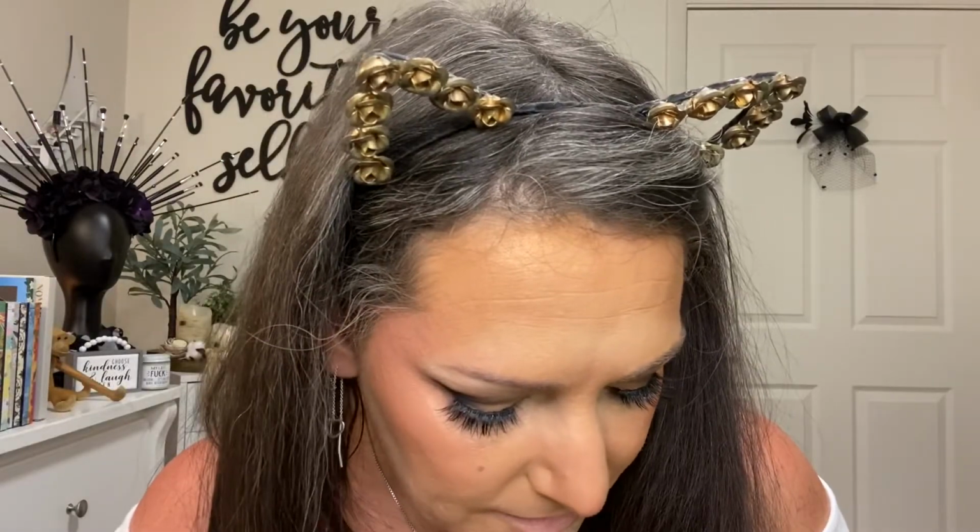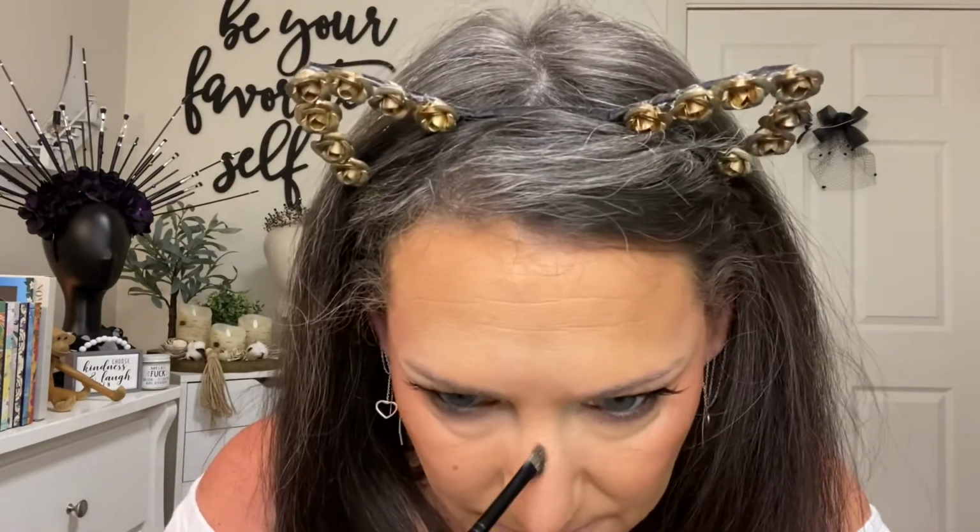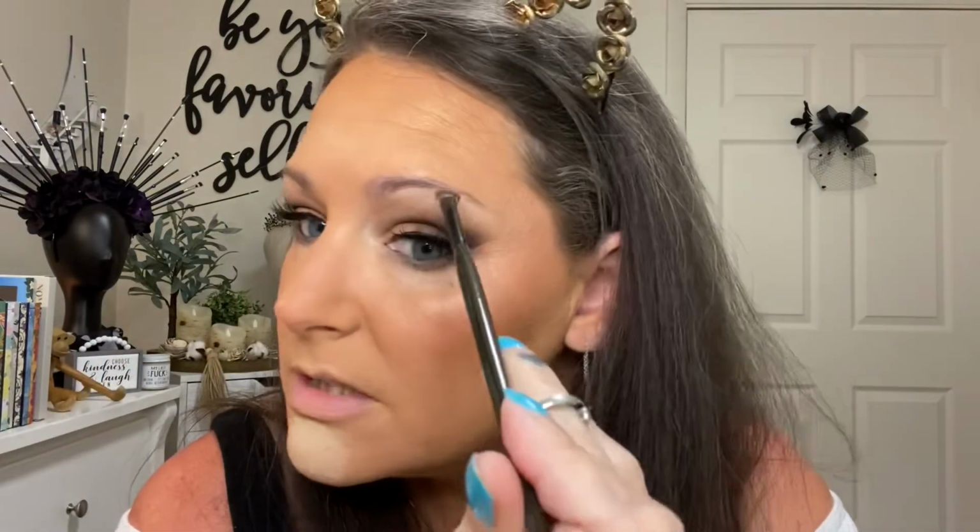I'm gonna use my little Rose and Ben E27 to do my Cupid's bow, and my nose, and inner corner. Because this eye look is all matte and it's kind of dark, I think it needs a bit of lightening up on the inner corner. Just take whatever's left on the brow bone area. Okay, now I'm just going to buff over everything